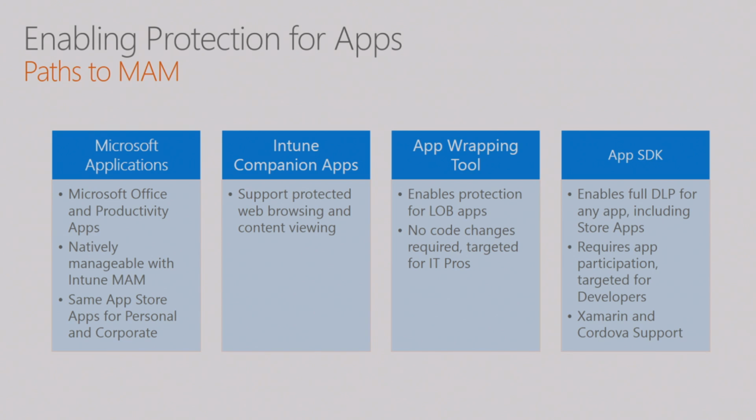And for your own apps or third parties, we provide the app wrapping tool, which effectively rebuilds the app, except with just a wrapper around it. So if you don't know the developer, that's fine. No code changes. You just walk through a wrapping process. But if you do know the person building it, you can use our SDK to create an app which also gives you all the settings that you get with your Office apps, and then deploy that through whatever mechanism you use today